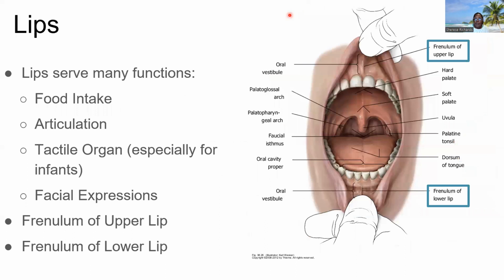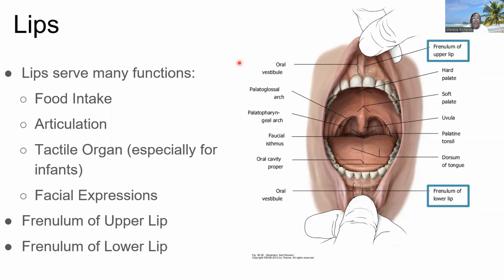Let's move on to the lips. The lips and the frenula basically anchor the outer aspects of the oral cavity. They also help us with phonation in terms of pronouncing certain words. So pursing of the lips, as we know, is important for making certain sounds and also parts of chewing and